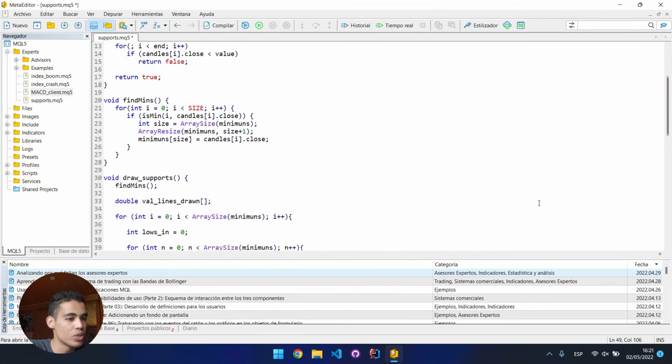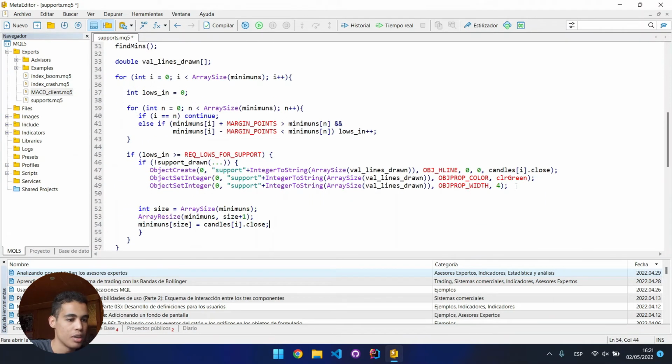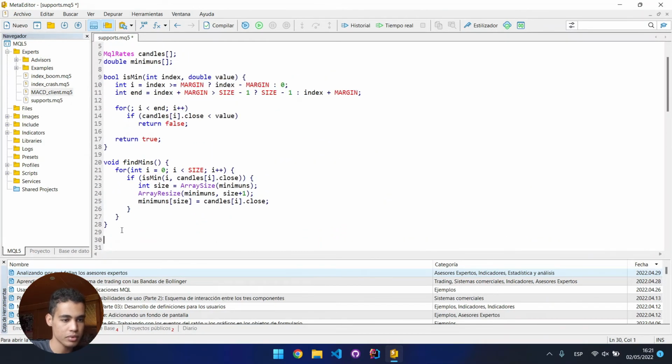For that, we are going to do something very similar to what we did here. I think it will be fine if I copy this and put it here. So now let's take this, let's move it. And instead of minimums, what we need to send is the val lines drawn. We need to send that thing here, and that's exactly the same. So I think we are almost finished, but now we need to take this function and put it right